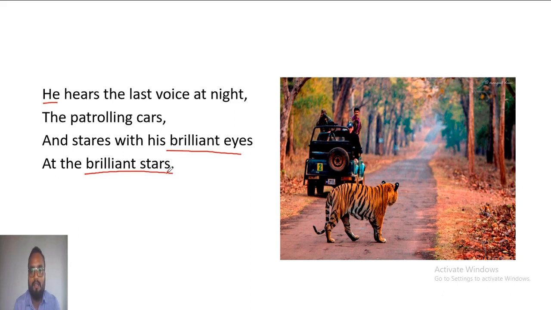While the tiger in the jungle was full of action. It was hiding itself beside the pond and waiting for its prey to come and to attack. In one of the paragraphs, the tiger in the forest was roaring and terrorizing the villagers in the village on the outskirts of the forest. So in this way, in this poem, the poet has compared the wildlife in its natural habitat and the wildlife in its